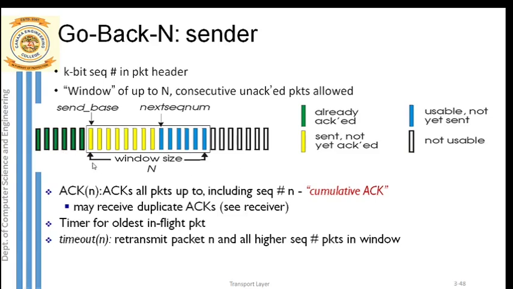Now, this go back N protocol is actually implemented in which layer? It is in the transport layer. So we are speaking only about the protocols that are implemented in the transport layer, not the application layer. These packets are arriving from which layer? From the top layer, that is from the application layer to the transport layer. It has to arrive first, right?